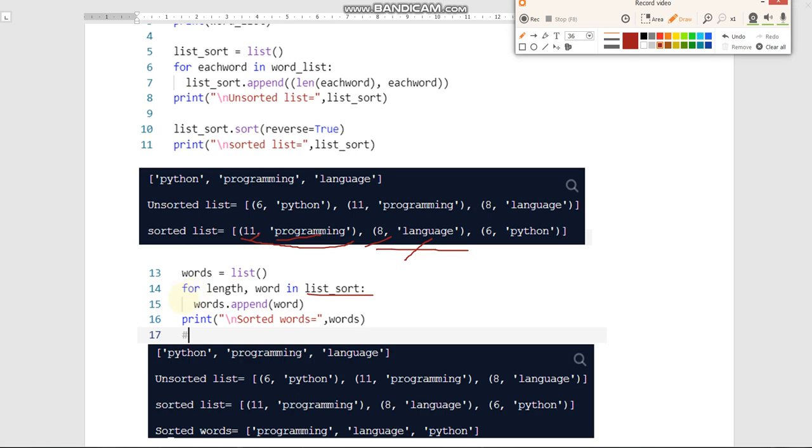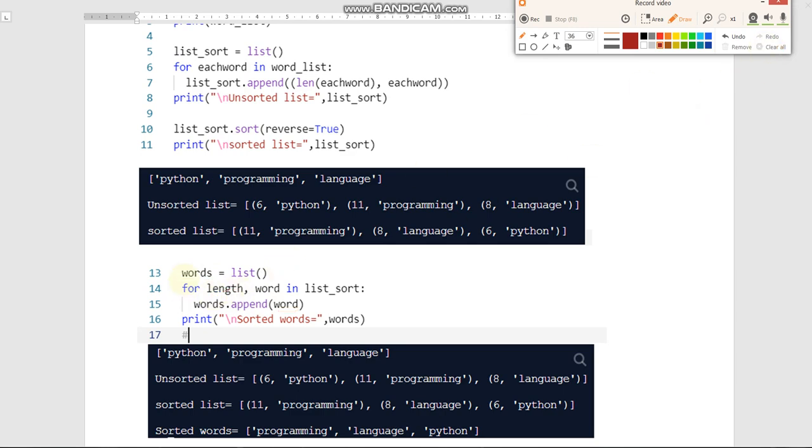That is why in the for loop there are two iterative variables, length and word, in list sort, that is, the list of tuples. Now we are appending only the word to this words list. We are not appending the length.